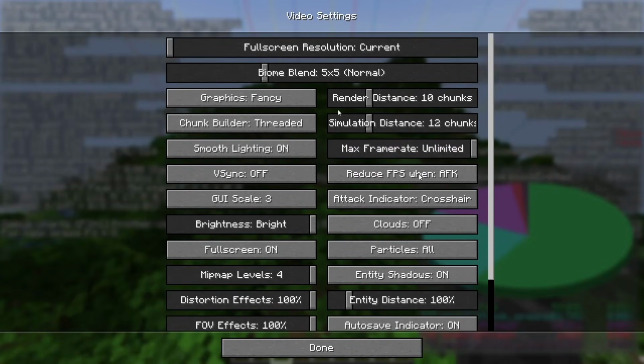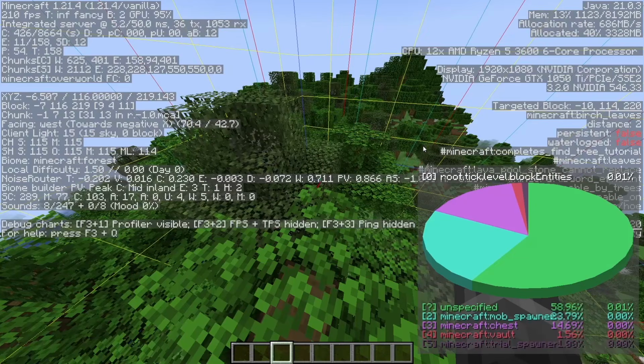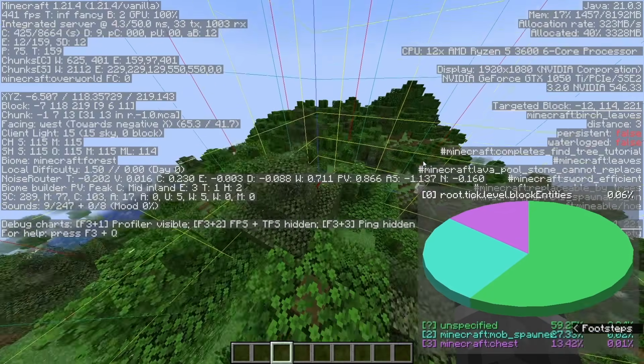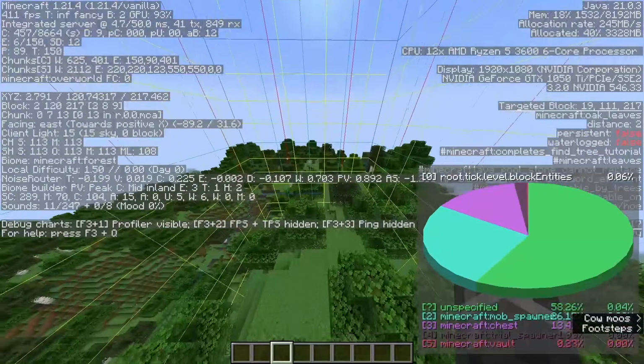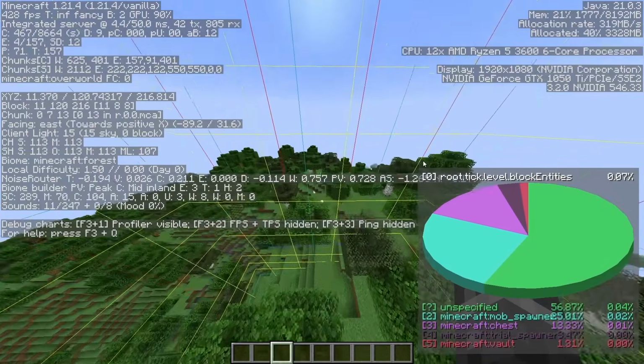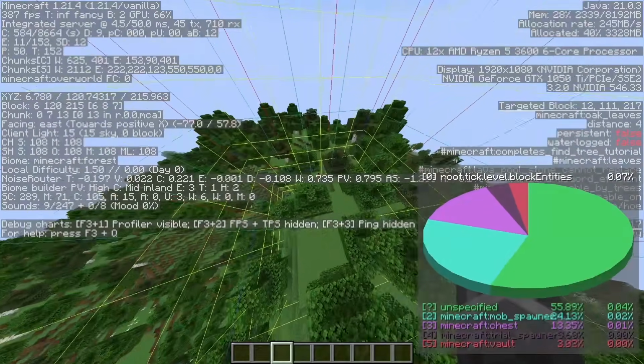Now, my render distance had to be at least 10 this time. So, in order to figure out which direction it's in, I do the same thing again. 10 minus 1, 9. Double tap. Is it this direction? No. So, it must be that direction. Yes. So, what I do now is I go back to that chunk,